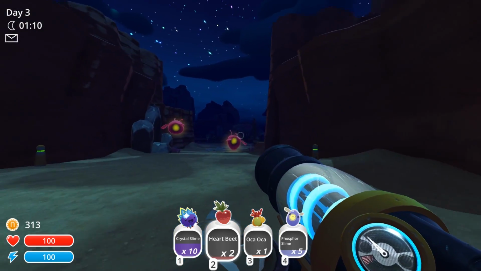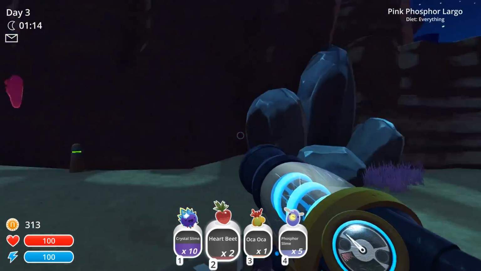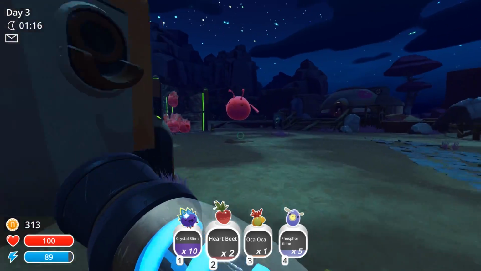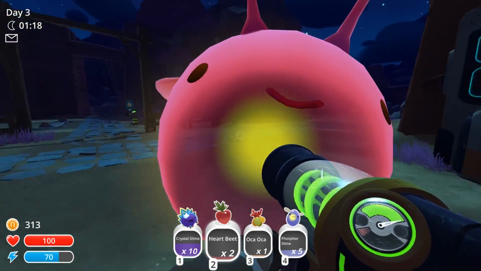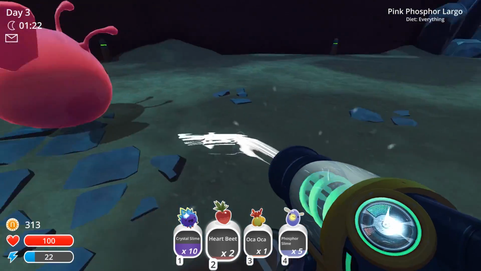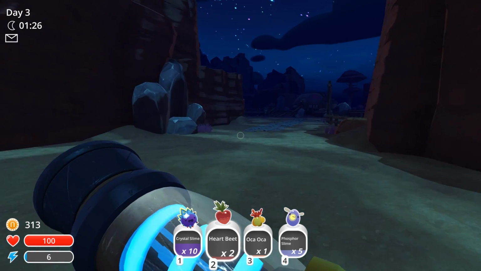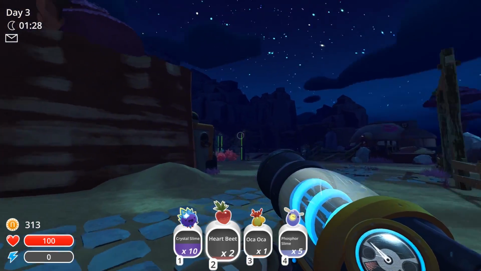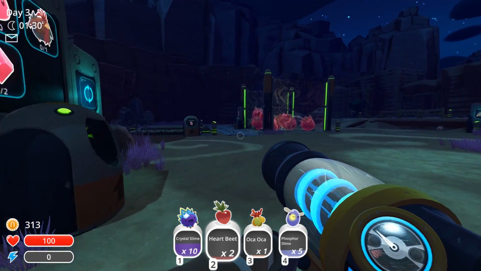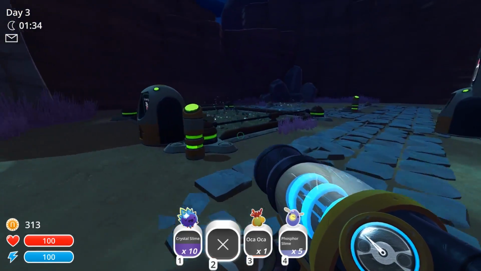Y'all, these phosphors, these pink phosphors, the nightlights, they are so crazy. They always fly all the way into my ranch. It is quite obnoxious. Get out of here. Like, this happens frequently. I think that they can tell that there's food all the way over here, and they just fly right for it. All right, so we need to make ourselves enough money